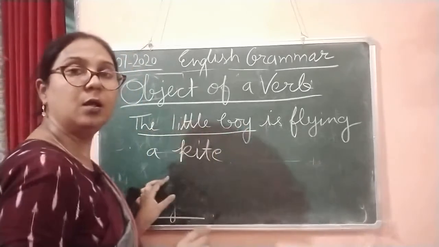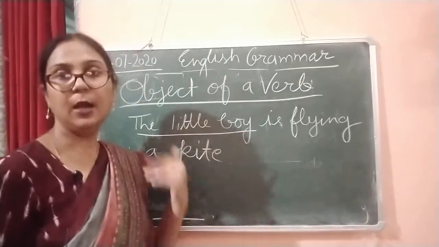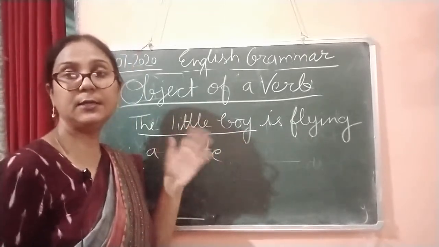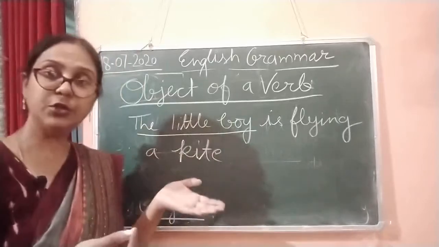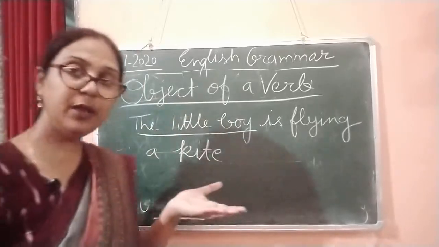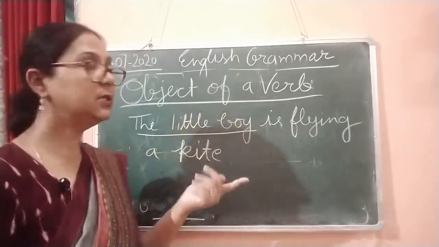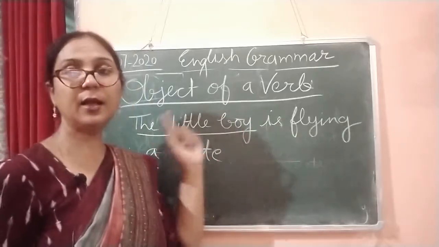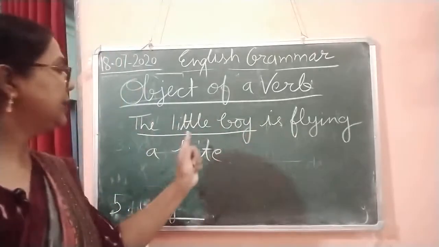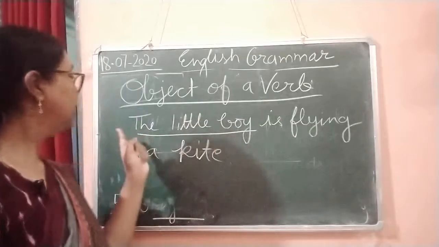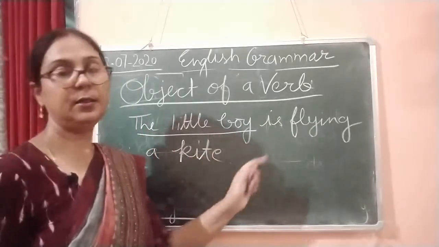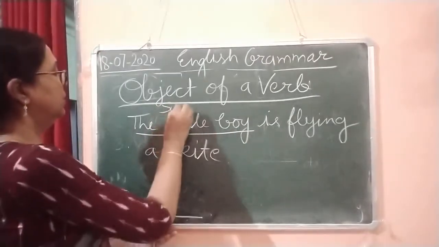Before we find out what is the subject, we have to ask a question. What question are we going to ask? We are going to ask who is flying the kite. Now here you can see the answer: the little boy. This is the subject